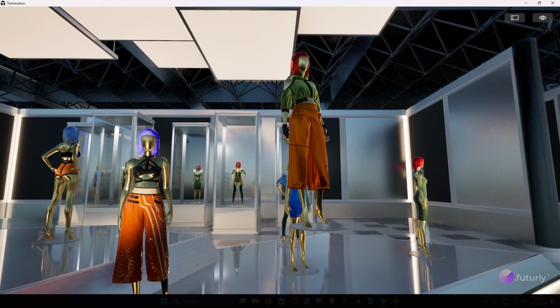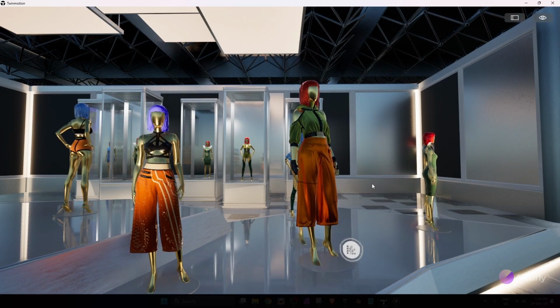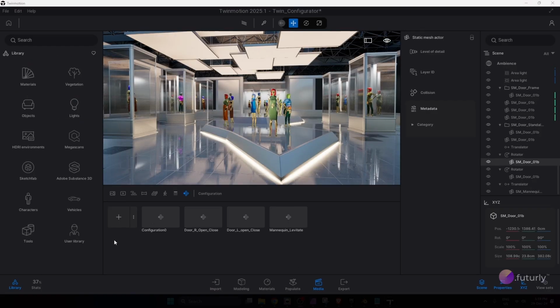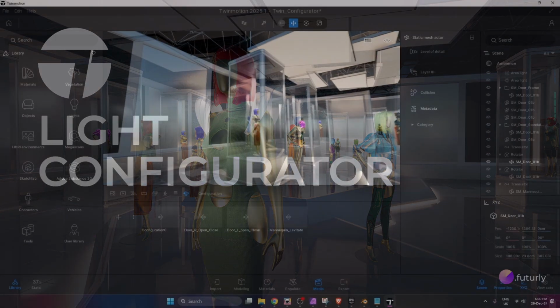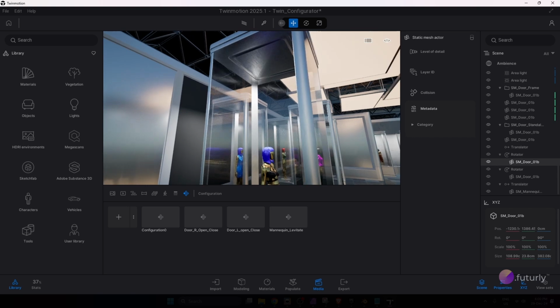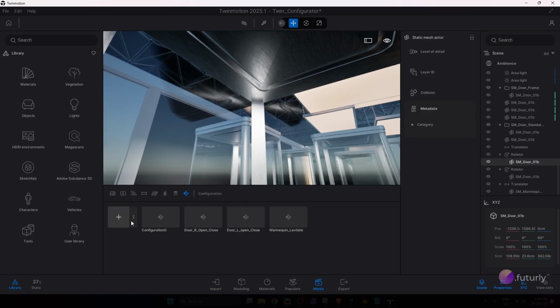Great. This certainly works as intended. Let's move on. The most interesting thing about this properties configuration is that we don't have to limit it to simple transforms like we did in the past exercises. We can also expand it for lights. So what we're going to do now is take a look at how we can customize lights using the configurator